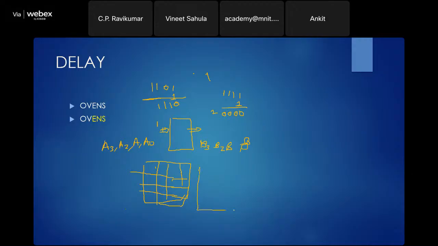So if you draw 4 Karnaugh maps, one for each of B3, B2, B1, B0,